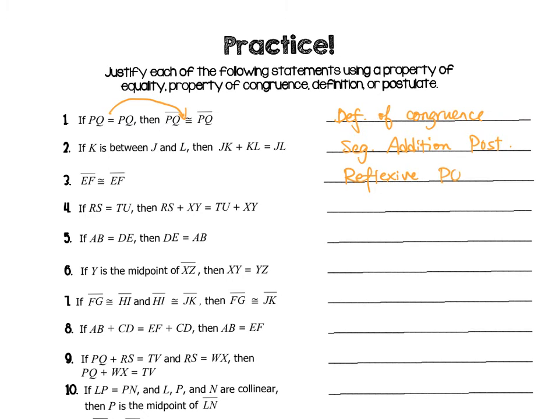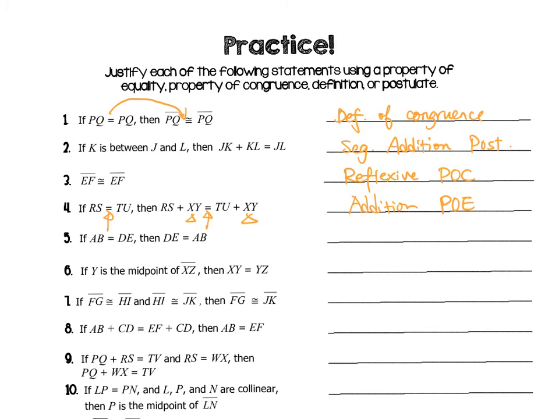property of congruence. Number 4, if RS equals TU, then RS plus XY equals TU plus XY. First of all, it's an equal sign, so I'm talking about a property of equality. Secondly, all I did was add the same thing on both sides, the same measure on both sides. So this would be an addition property